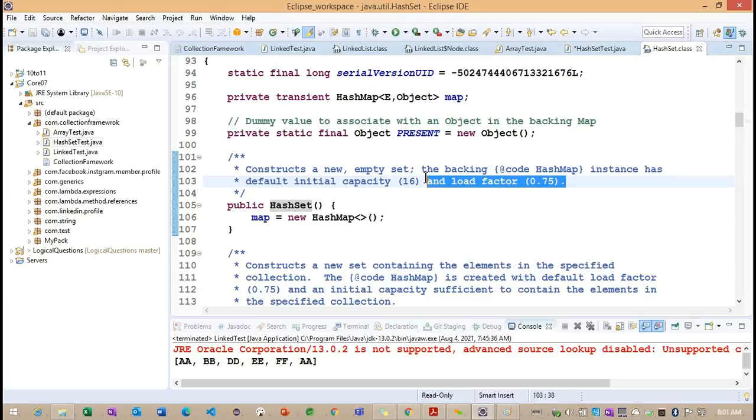This is indicating the load factor. Once 75% of the hash set is filled with objects, it's going to create a new hash set object, copy the existing objects, and try to store the new object here.